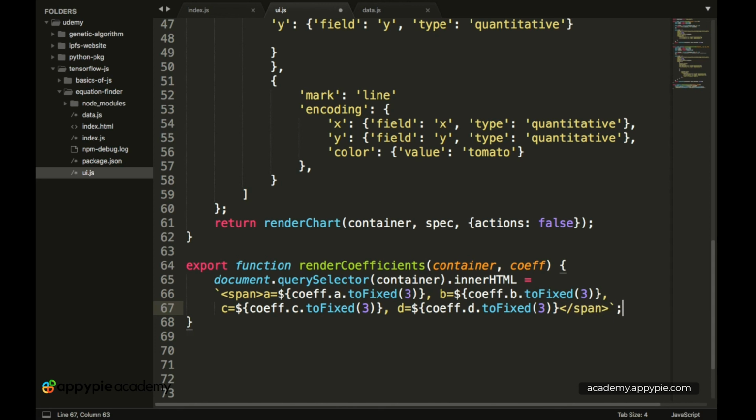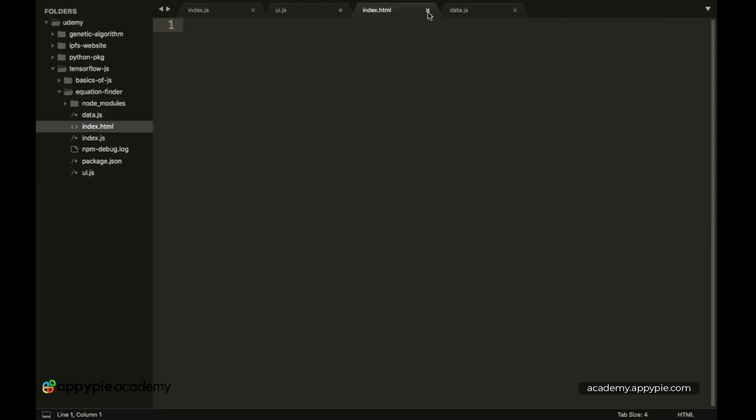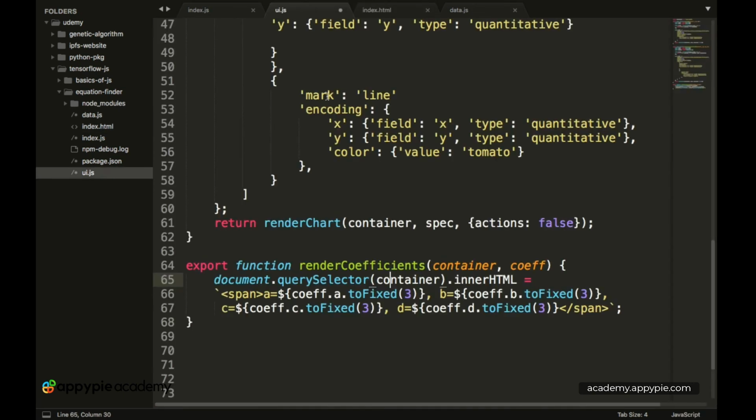And yes, so with this we have modified the contents of the HTML, the container inside our HTML file, and we'll be creating the container inside the HTML file shortly. So this is the file in which you want to write code. Let's first save everything.